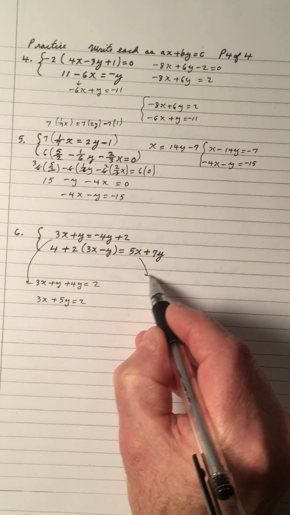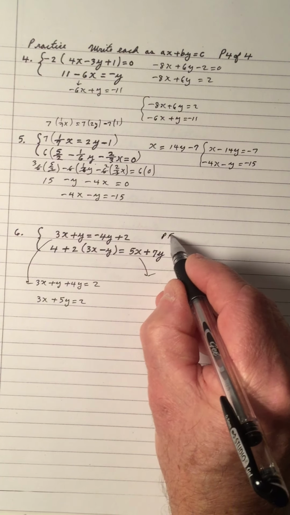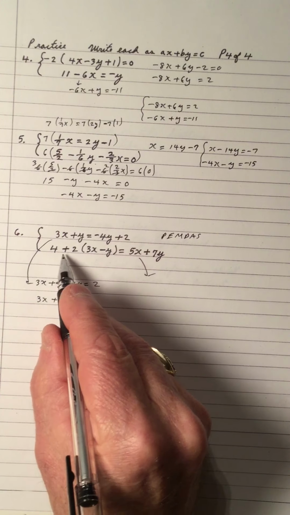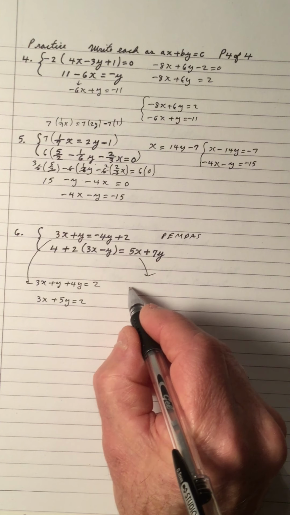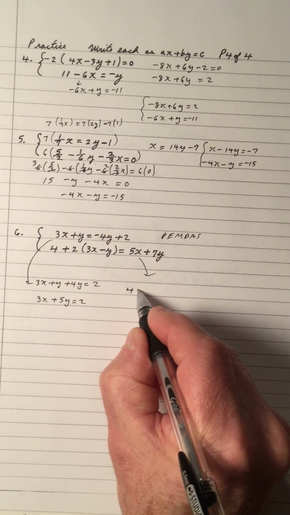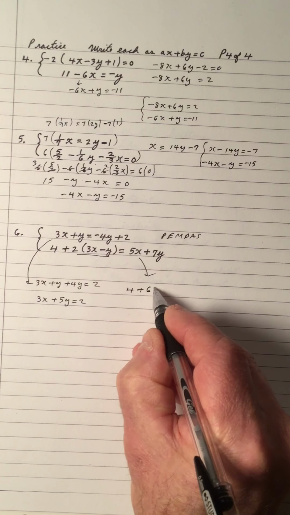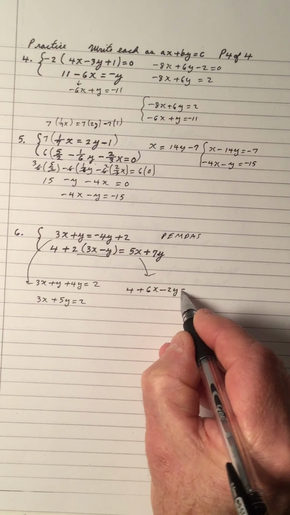Now let's deal with this one. So in dealing with PEMDAS, P-E-M-D-A-S, or BEDMAS, I have to remove this bracket because I've got to do the multiplication first. So I have a 4 plus 2, I multiply this first. 2 times 3 is 6x. 2 times negative y is negative 2y equals,